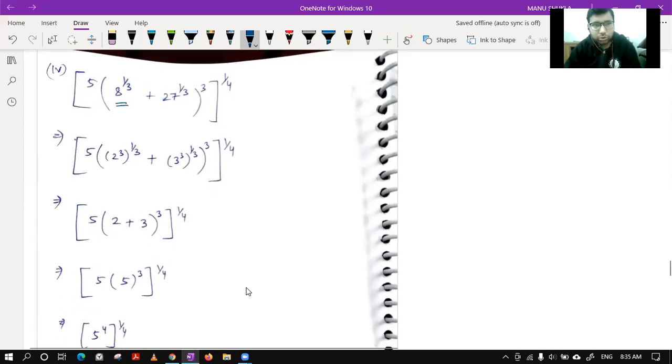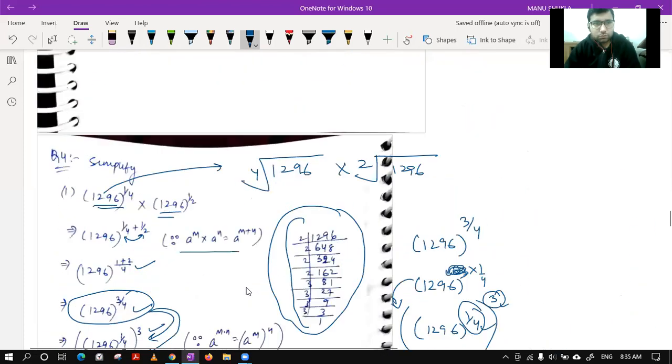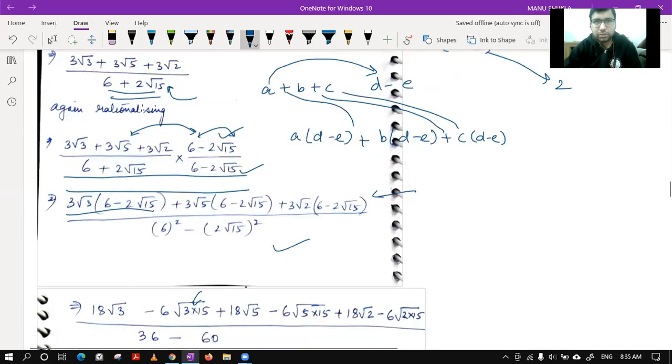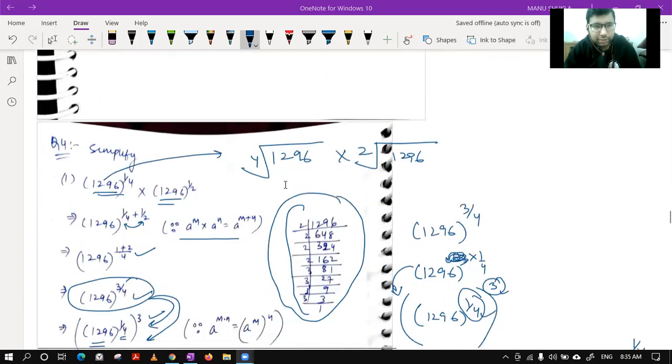So please tell the last part. Okay. This one, fourth part you are saying, Vaishnav? Vaishnav, fourth part you are saying? Okay, 1296 power 1/4. I think this will be our last question for today. Vaishnav, unmute yourself. Yes, Vaishnav. What happened? Sir, the exponent one, 1296, no? Okay, okay. Tell me what is the problem in that?